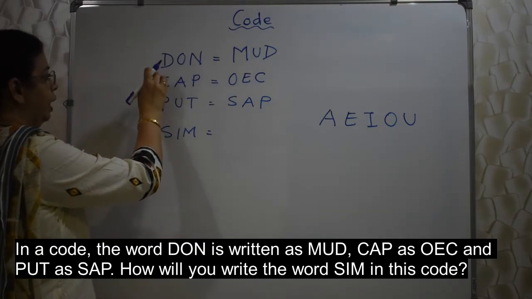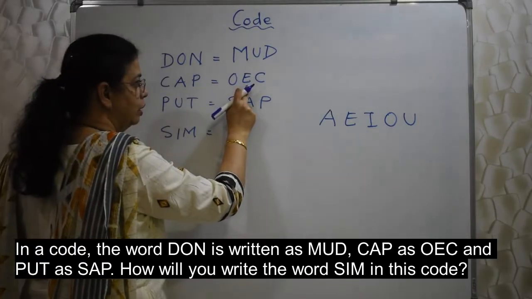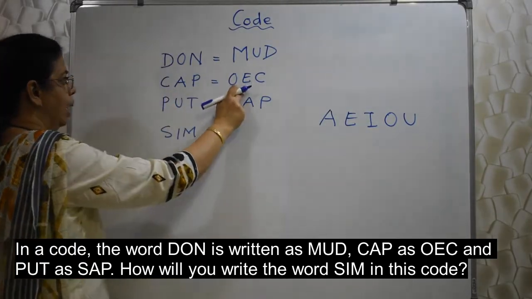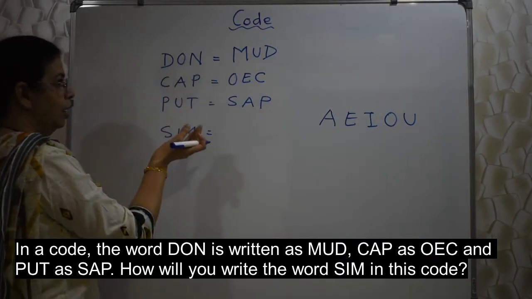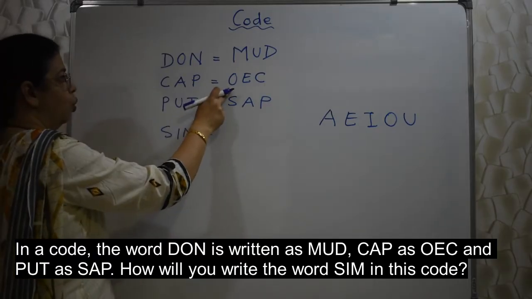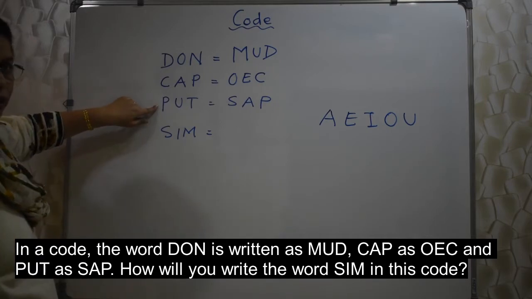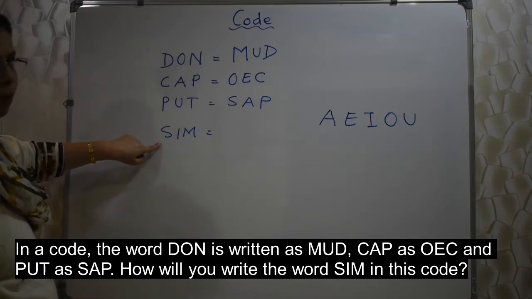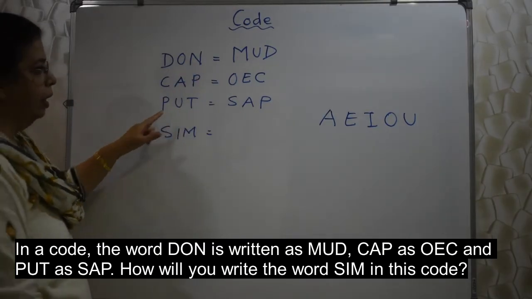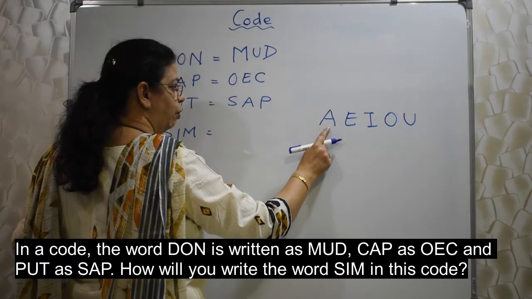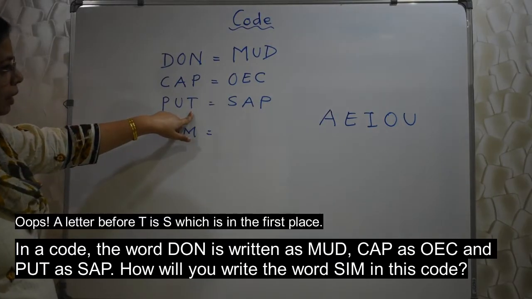C, take it, put it last. Yes, correct. What comes after A? The next vowel, E. Yes. P, instead of bringing P, they are bringing the letter before P, that is O, and they have brought it in the first place, right? We need to confirm again with this. It should be okay for all three, then only we can apply it here. P goes last. Yes. After U, U being the last vowel, again it will start from here. So after U again A will come. So A. What comes before T? P.